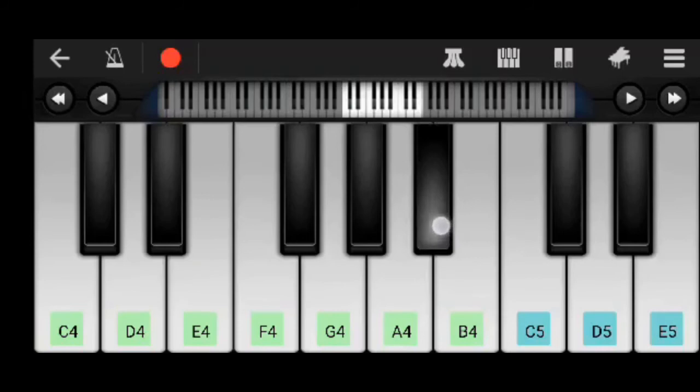Next, yes, so this could be a B flat or an A sharp. And lastly, yes, so this is a G sharp or an A flat. Very good.